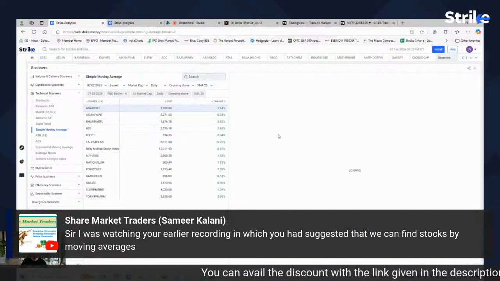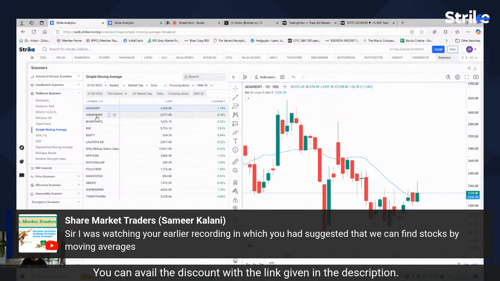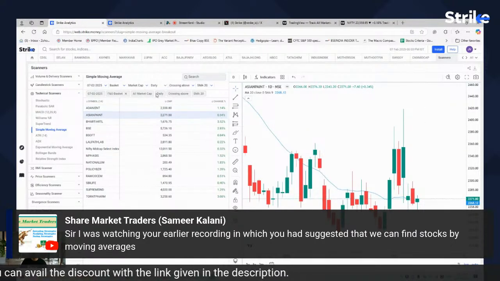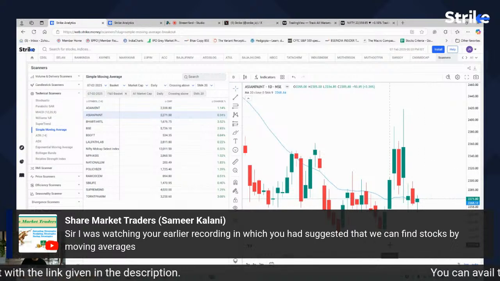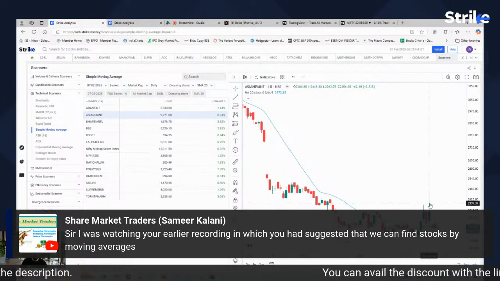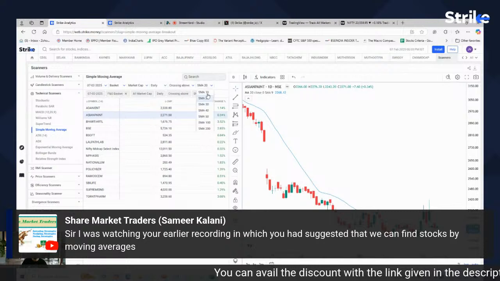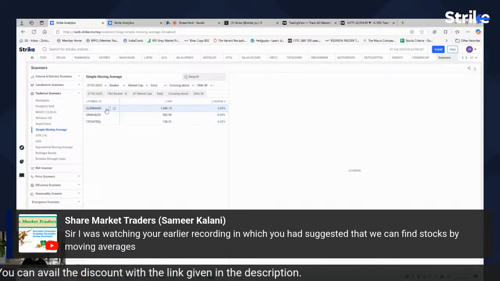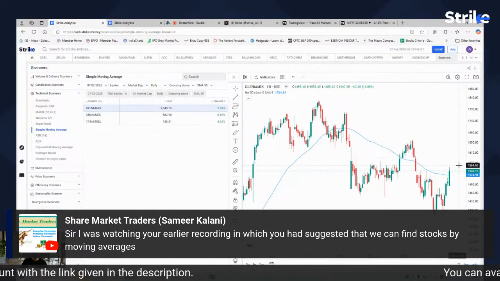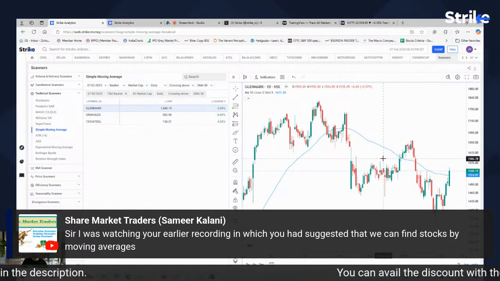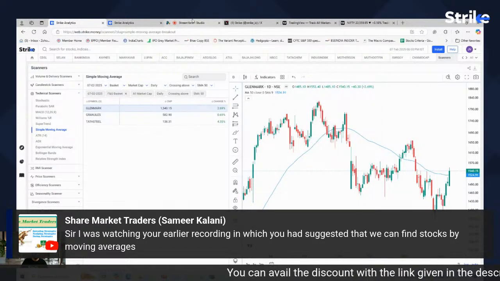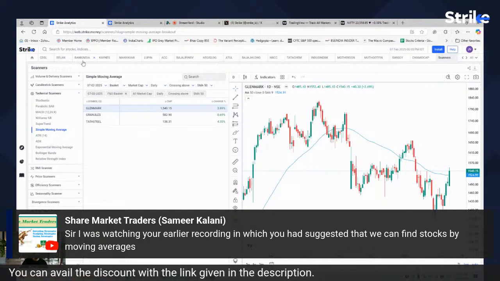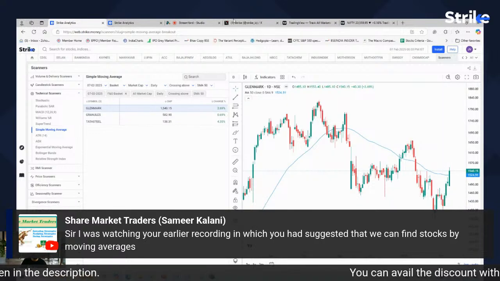Now you can see that these are the list of stocks that are breaking above the 20-day average in the FNO basket. You can do the reverse thing as well: find which stocks are crossing above the 20 week, or the 40 week, or 50 or 20 day or 40 day, and then see what open interest has been seen in those. First try to find the stocks which are breaking out, and then you can go to the heat map and see how it has behaved in a specific period of time.